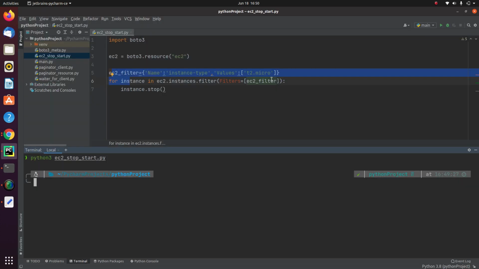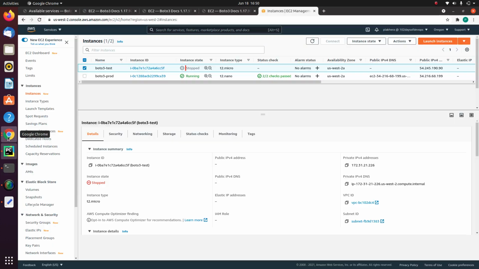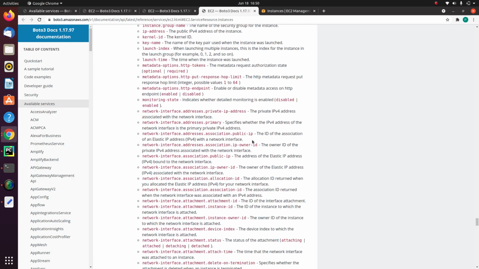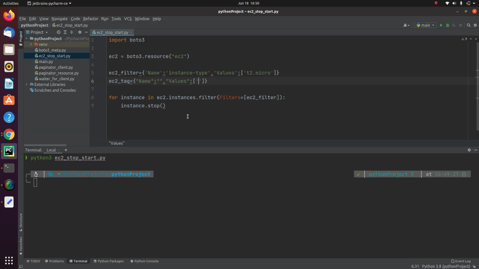let's go here, and like I mentioned, let me apply one more filter called ec2_tag. And this is going to remain the same. We need to specify the name, okay, and then the values. And the value is going to be again a list. So let's go back, and if you scroll down, you will see something called tag. Let's see this tag, and with tag you need to specify the key. Okay, I know this is a little bit complicated, but